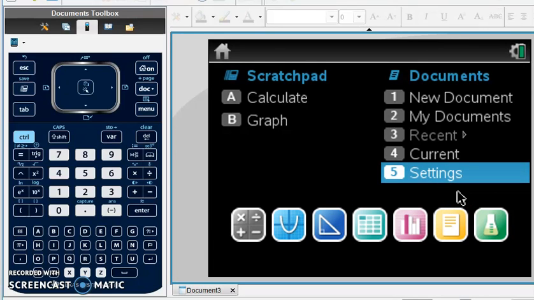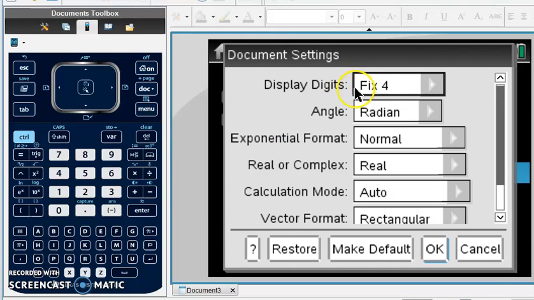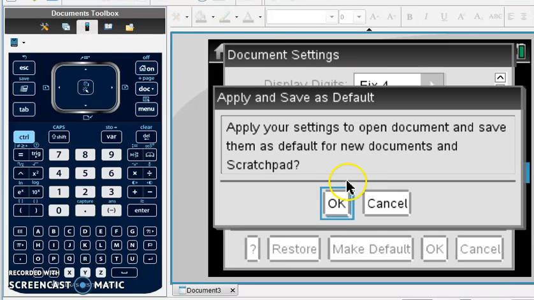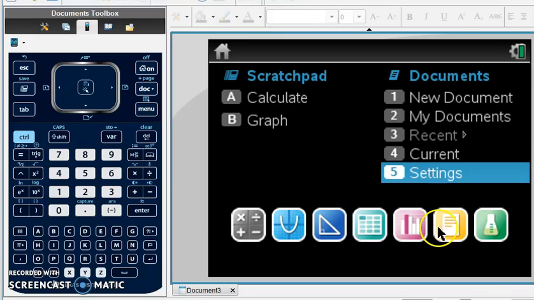Again, that will help you throughout your scatter plots problem. So if you have not done that yet, pause the video, go ahead and change that. Again, it's under Settings, Document Settings, Display Digits, and you click Make Default. So it changes it to all of your current work as well. Now that we've changed that setting, so we're all in the same place with our decimals, we're going to go